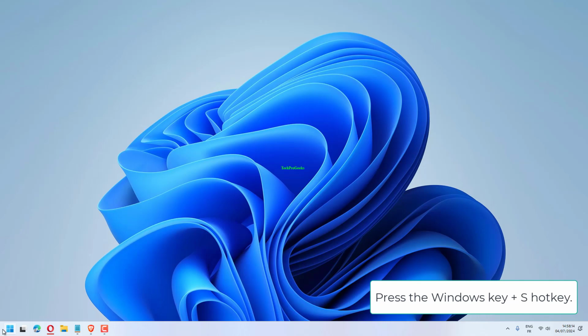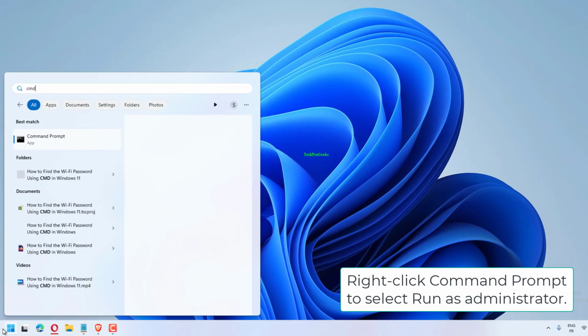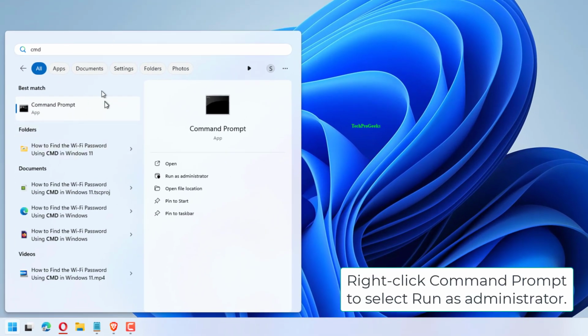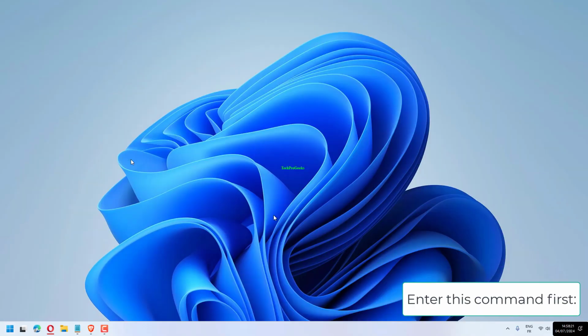Press the Windows key plus S hotkey. Enter CMD in the search box. Right-click Command Prompt to select Run as Administrator. Enter this command first,